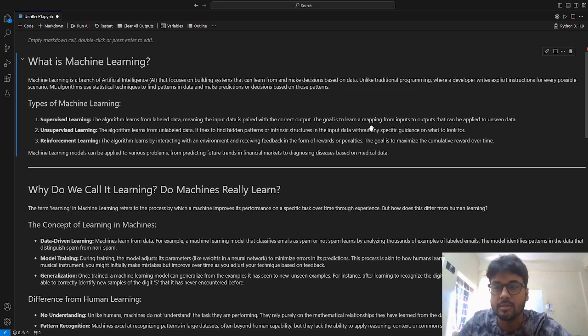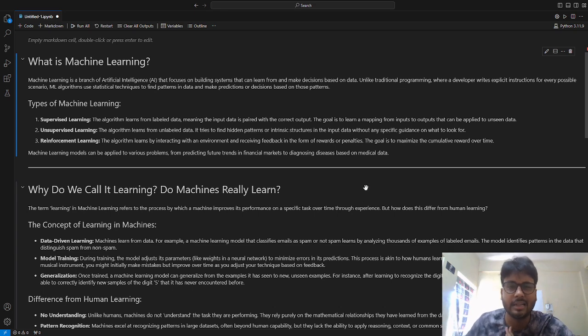Based upon its previous performances, it was rewarded. If it landed in good places, it was given a better reward. If it performed poorly, it was given less reward. So based on that reward and action, it understood what it has to do in order to get a better reward. That is what reinforcement learning is, right?